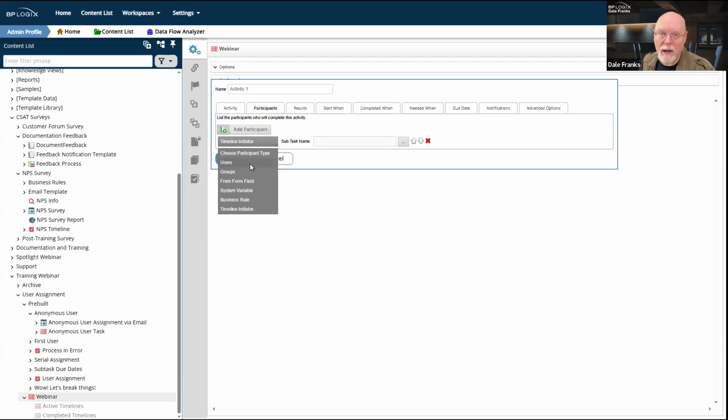You're going to have to go back in on a regular basis and constantly make changes to these user assignments in all of these individual process timelines. And look, it gets to be a pain. Nobody's saying you can't do it. If you want to manage your system that way, nobody's going to stop you, but you should be aware that it's going to add some additional burden to you.